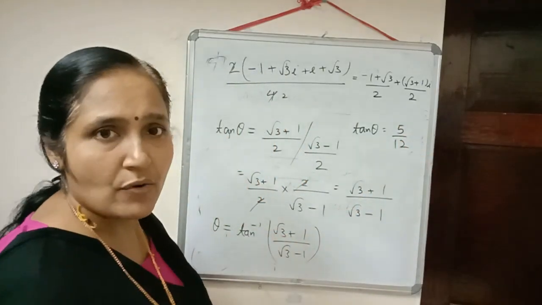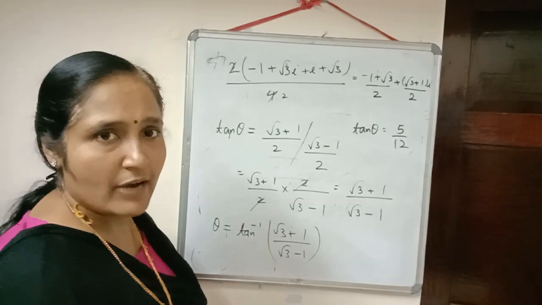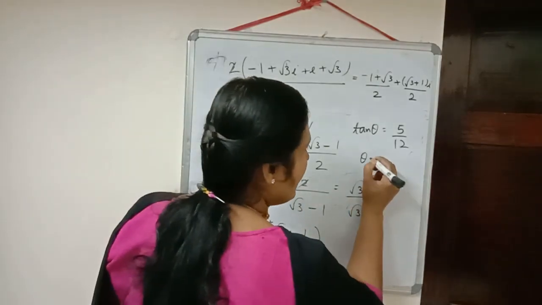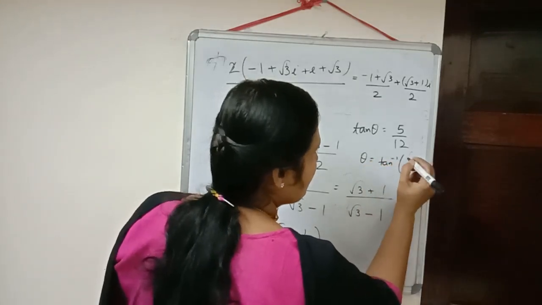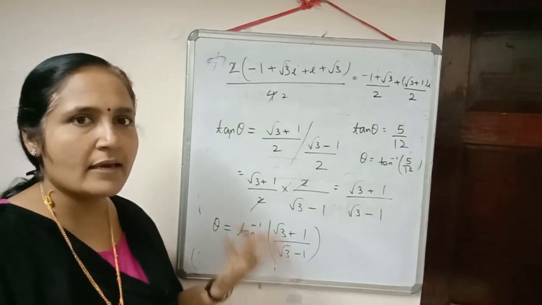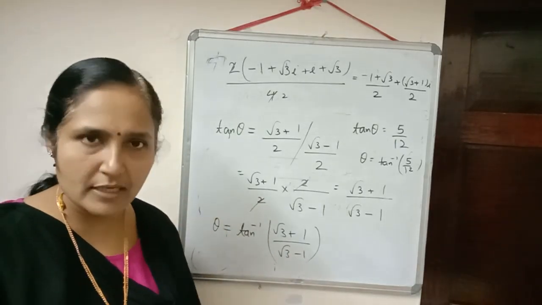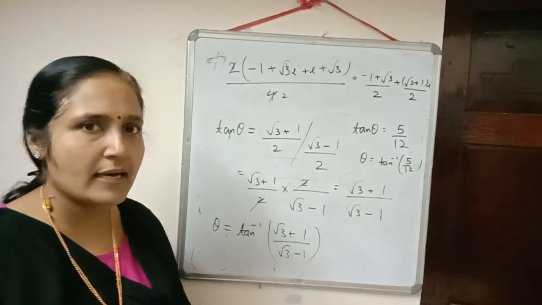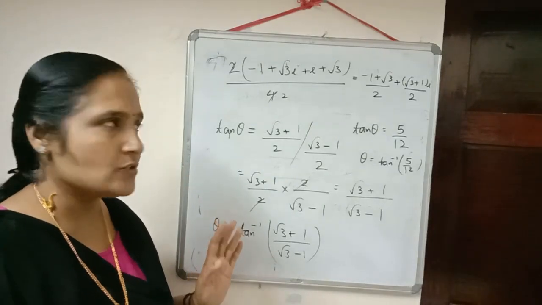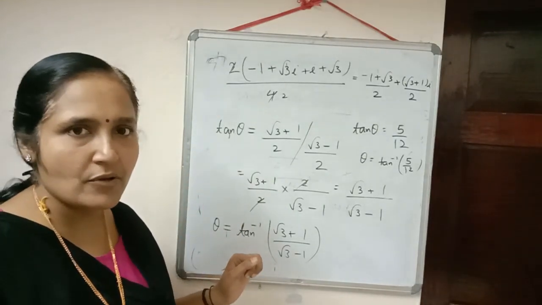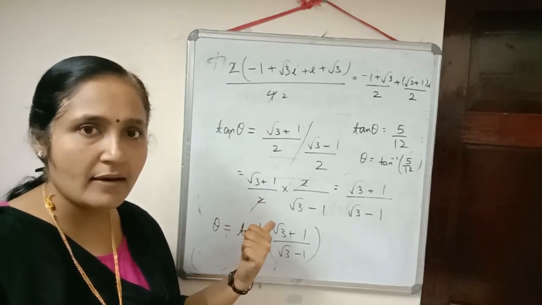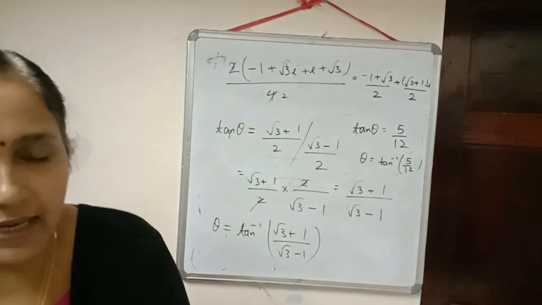But the value which we are knowing in that, tan never gives you 5 by 12. But still we need the value of theta. So what we will write? Theta is equal to tan inverse of 5 by 12. That much only, because we know tan theta gives 0, 1, root 3, 1 by root 3. So in some particular cases we can find out the angle. In other cases you can write in this way. So I think this concept is clear to you. How to find out the modulus, already you are knowing. Argument also clear. Okay. Now we will do the next question.